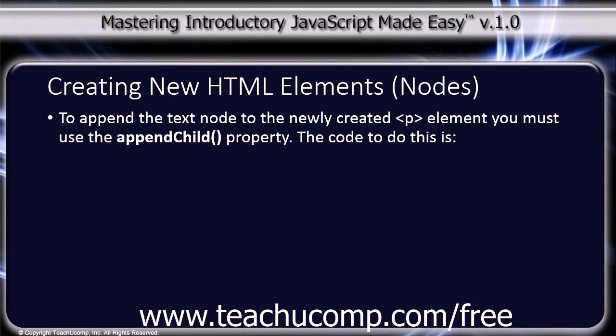To append the text node to the newly created paragraph element, you must use the appendChild property. The code to do this is para.appendChild(node);